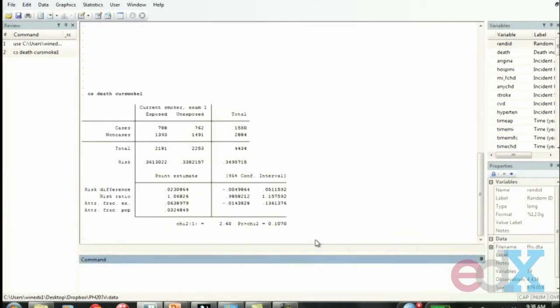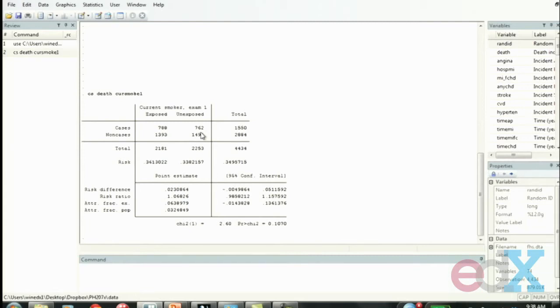And we can see that this table pops up. There's quite a few things in this table, but we're actually just interested in this top panel here that I have highlighted. This is where we're going to see the information on the cumulative incidence rate. So first, our two columns, we have exposed people and unexposed people. These represent the smokers at baseline and the non-smokers at baseline. Then in our rows, we have cases. These are the number of deaths, and non-cases. These are the number of people who were alive. So we can see that among our smokers, we had 788 deaths. Among our non-smokers, we had